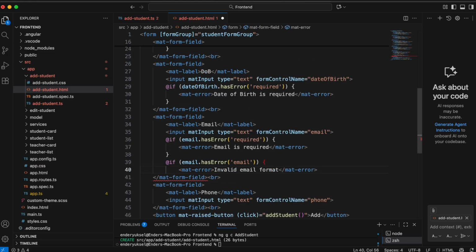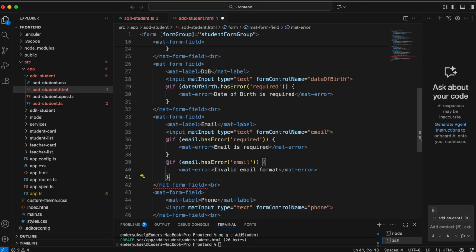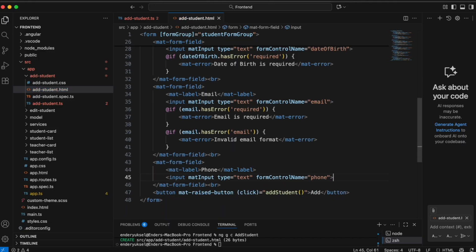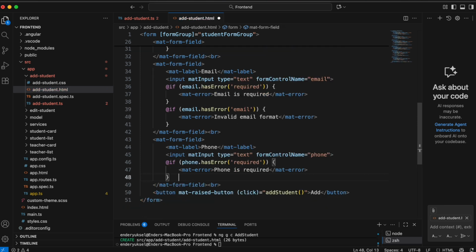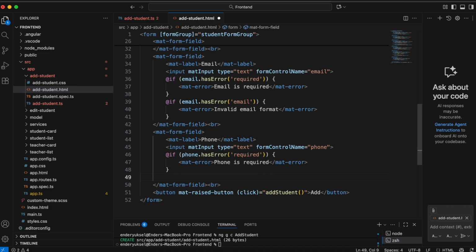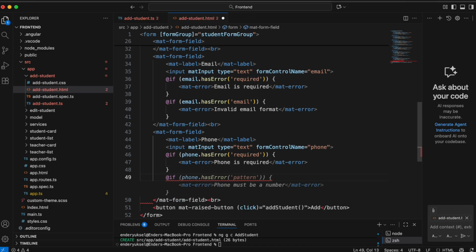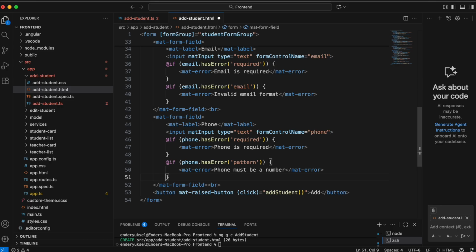Let's move on to the field date of birth. So input type date uses the browser's date picker. We only have required validation type here. But in email, we use validators.required as well as validators.email from the TypeScript file. And we display different error messages depending on which validation fails. So if it is empty, we show one thing, and then if it's not a valid email format, we show